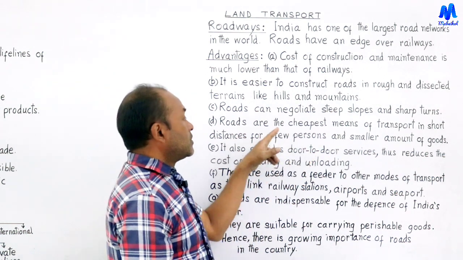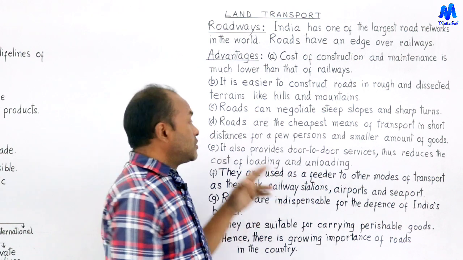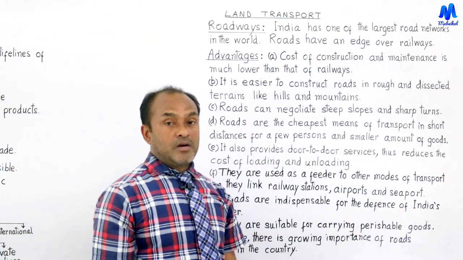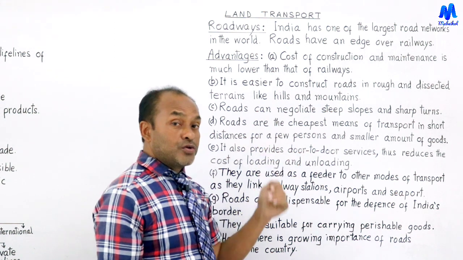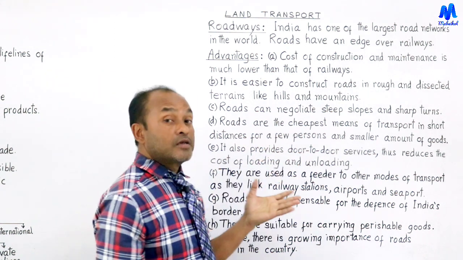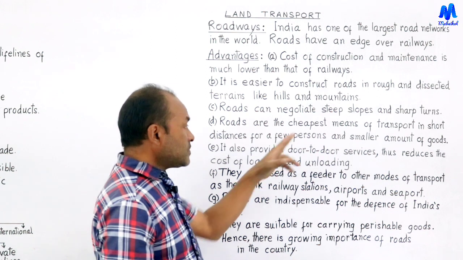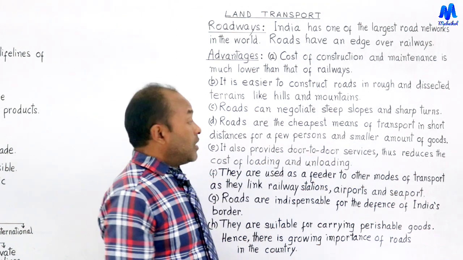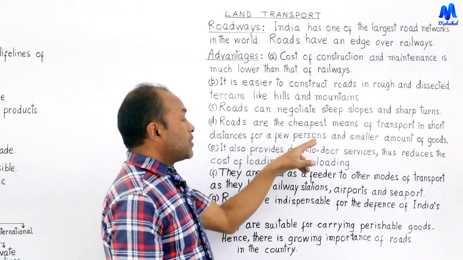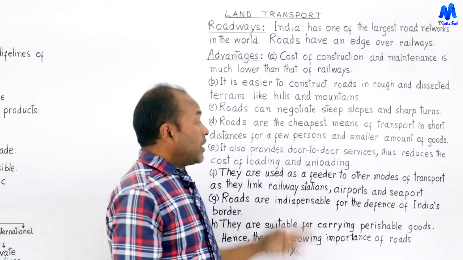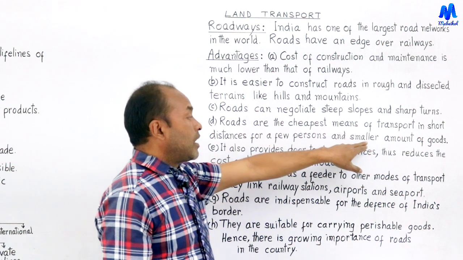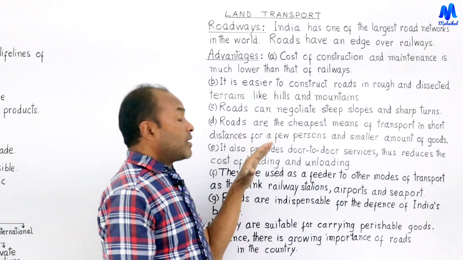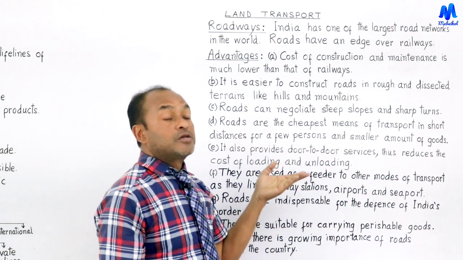Okay, so they are the cheapest means of transport in short distances for a few persons and small amount of goods. This one is also definitely true. It holds true. How? Let's have a check. When we are transporting a few persons and also a small amount of goods, then only roads are going to give you the cheapest means